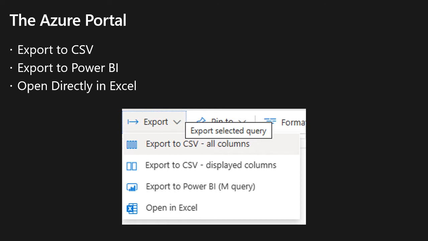Actually, let's step back. This image here is pulled from the log designer within Application Insights or Log Analytics. In the toolbar above the query designer, you'll see a few commands, one of them being export as shown in this image. When you click on this, a flyout will show you these options shown in this slide, which is export to CSV